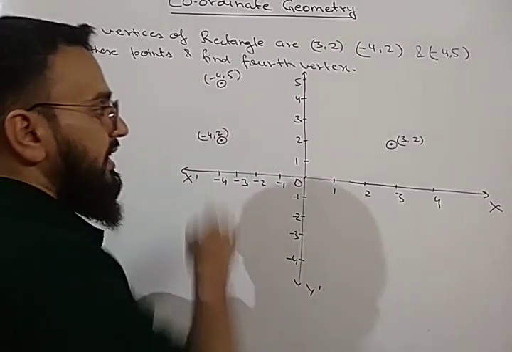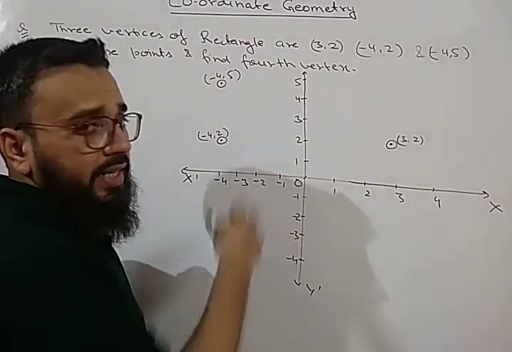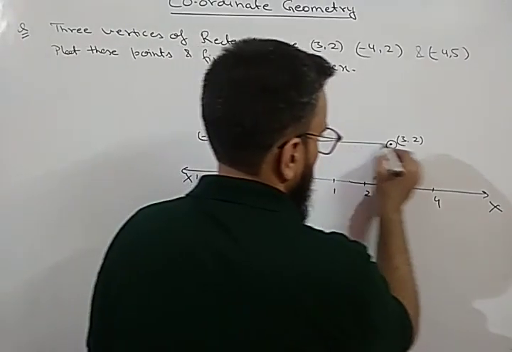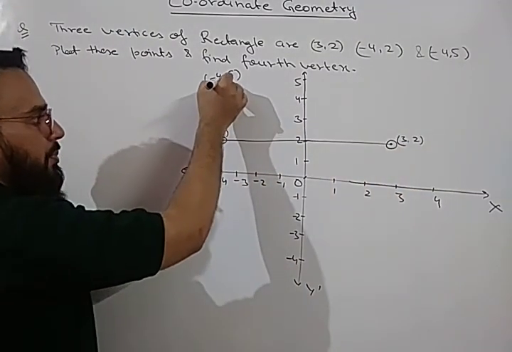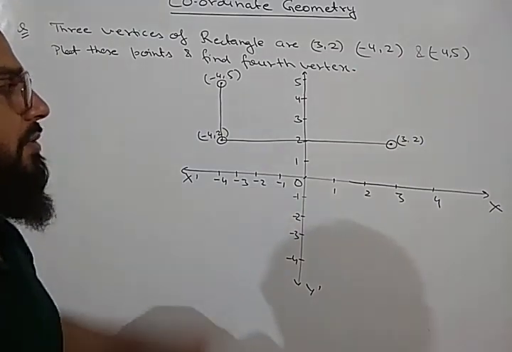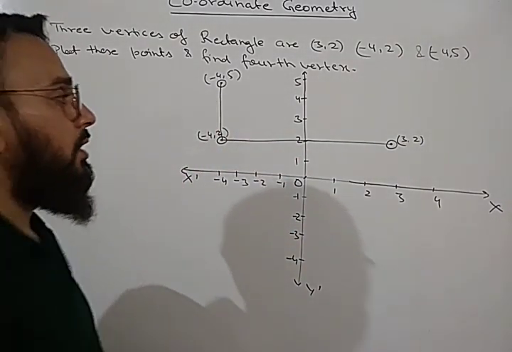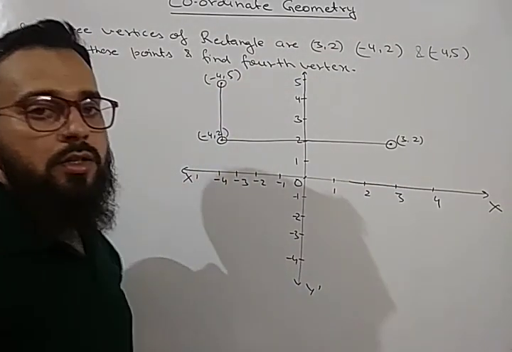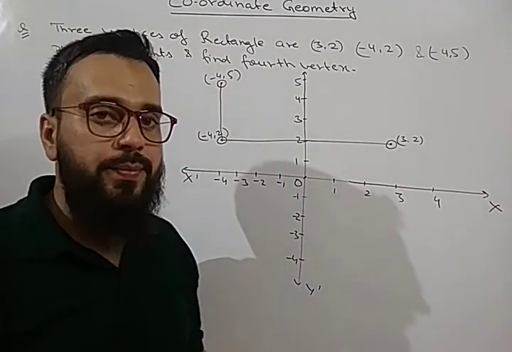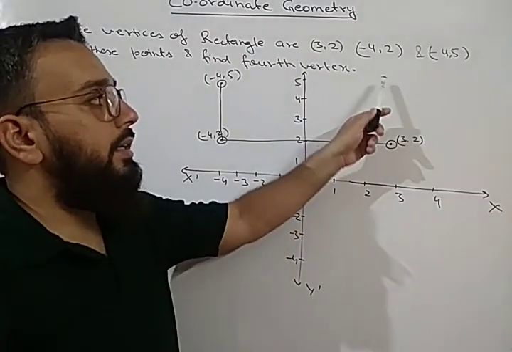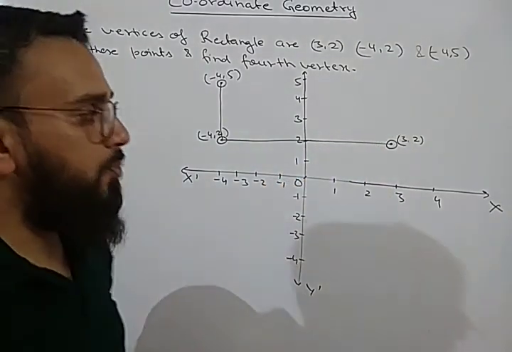Now if we join all these points, because we have to form a rectangle, if you draw on the graph paper, you can easily solve it. So you have to join all these 3 points. Now we have to form a rectangle by all the 4 points. So where should the fourth point lie? The fourth point will lie in this quadrant, and at which point?